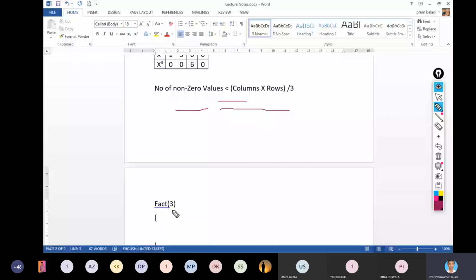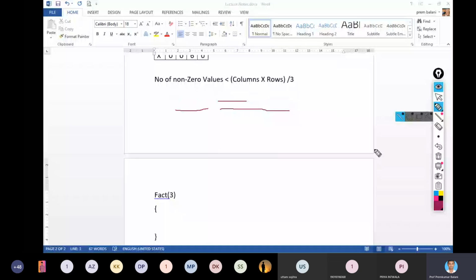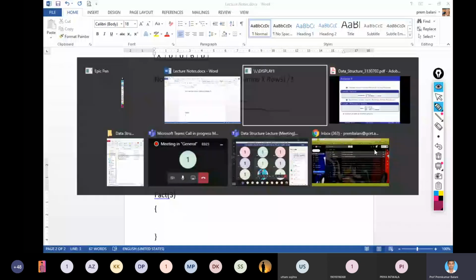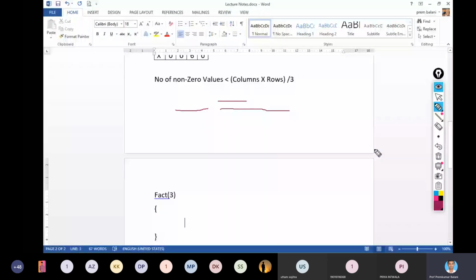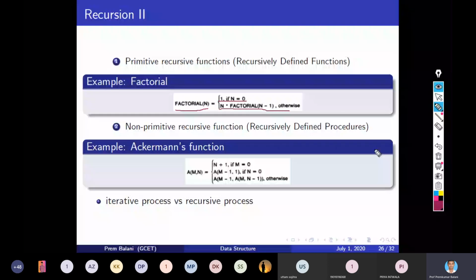If you see the function here, it is 1 if n equals 0. Here n is not equal to 0, n equals 3, so I will have to call n into factorial of n minus 1.